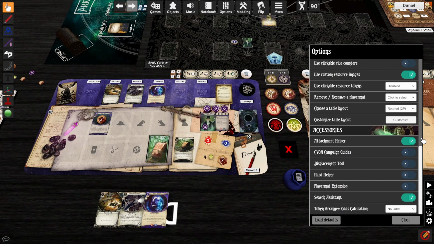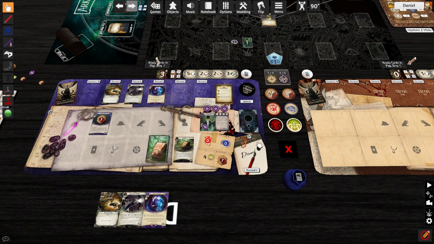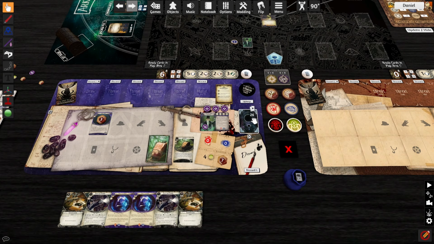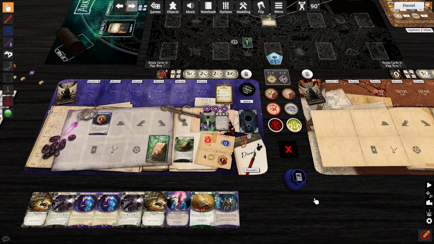More stuff. The hand helper, I think, is also very useful. This is going to tell you how many cards are in your hand. You might say, I know there's 3. I can count. I'm good at that. Well, what if you have, I don't know, maybe this many? Can you tell just by looking? Well, maybe not, but you are over hand size. That's 9 cards. This number will turn to a red if you are exceeding the number in the upper right-hand